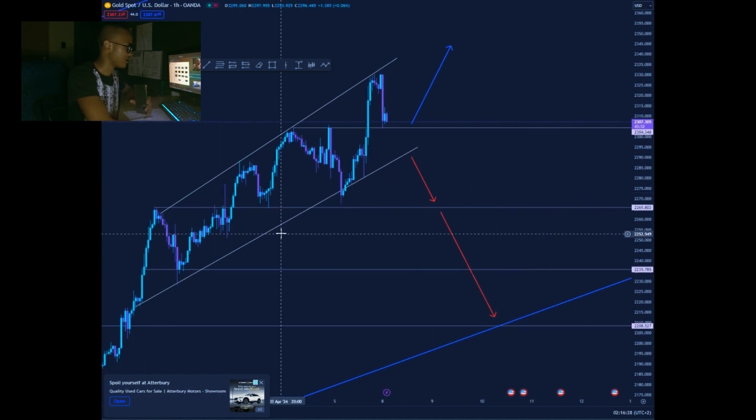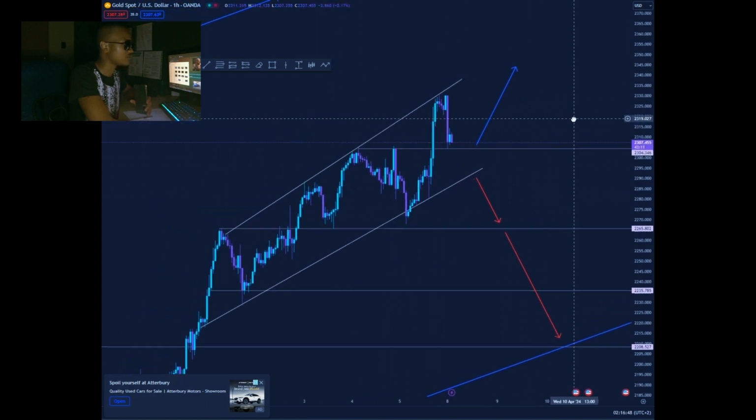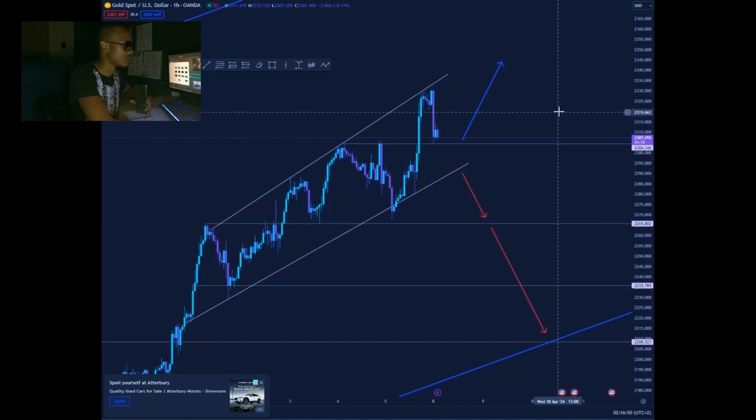So now, as you can see, we're having corrective moves to the upside, and now we start to have bearish impulses, corrective moves. But now these are quite impulsive corrections. But look at this. We're starting to have these big bearish candles, this amount of sellers. Sellers are willing to sell this market. But I'm not saying it will sell. I'm just predicting for you what is happening in price action, right?